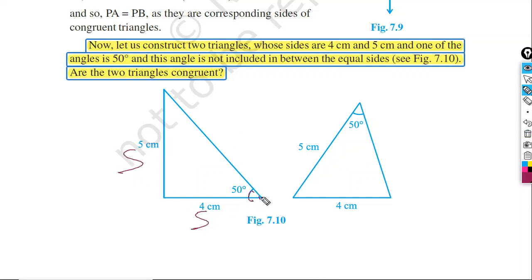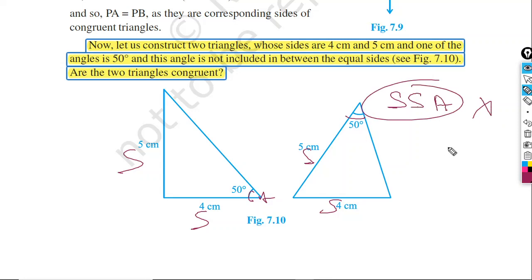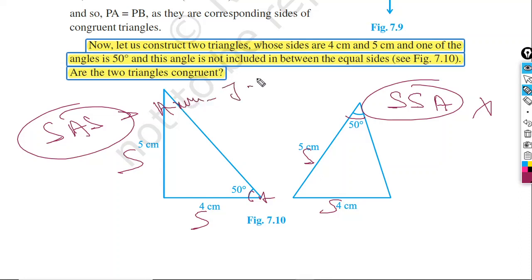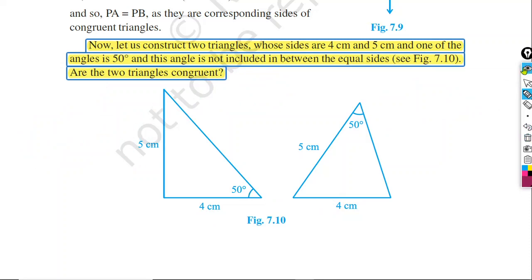So this rule is side angle. Now the side angle congruency rule is not effective, it does not hold good. So we can't say there is a congruency rule that is side angle. This will not be correct, but side angle side is the axiom 7.1. So this is a proper congruency rule. Now we will move to another part.